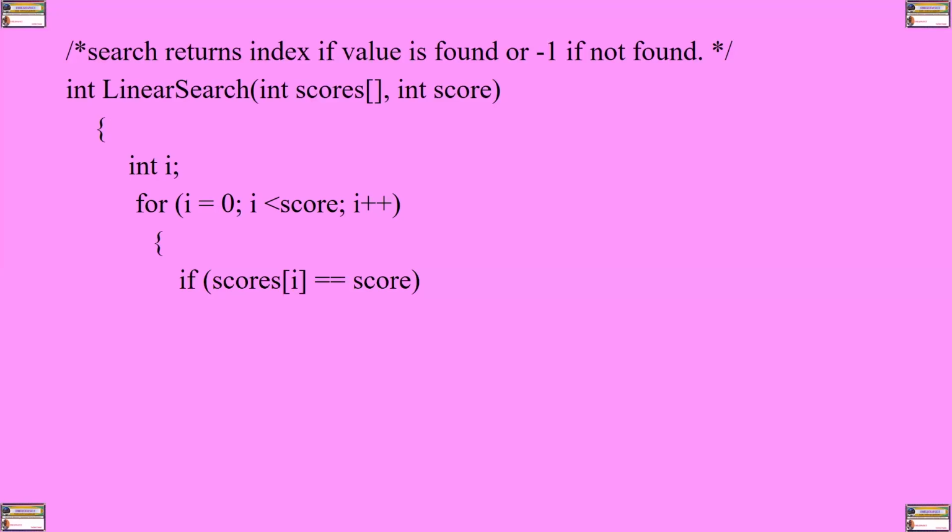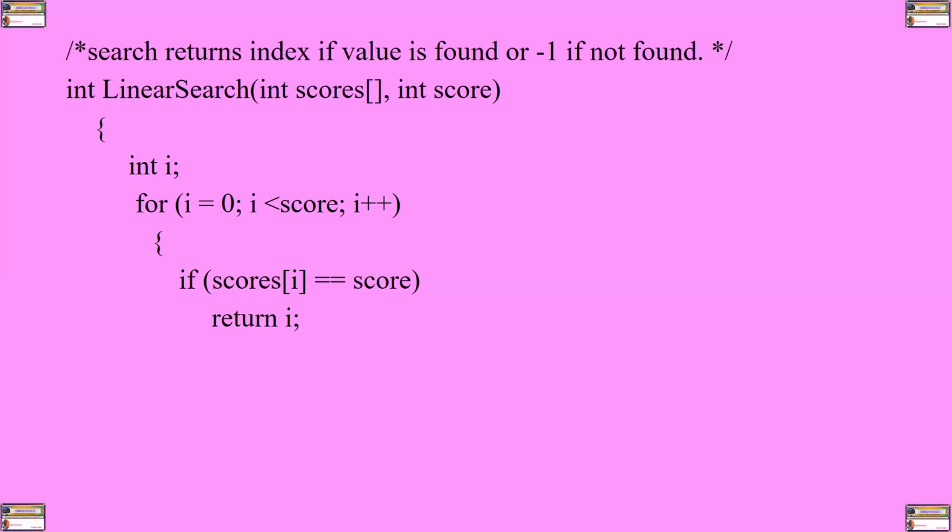And that first value is scores followed by index 0, or subscript 0. That is the first element in the array. So it is being told to compare the first element in the array with the value which has been received. So if, for example, scores I contains 10 and the value which has been received is 10, it means that if 10 is equal to 10, then return